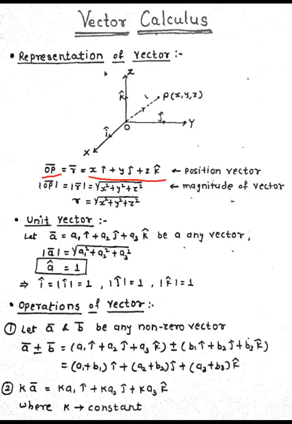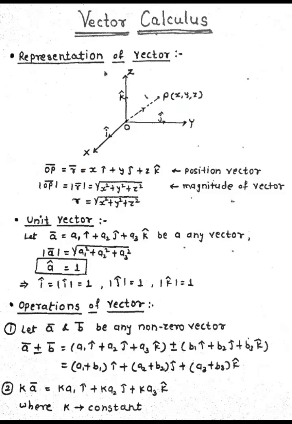So this x is not just directly x, it is a difference between the points. The origin O has the coordinates 0, 0, 0. So here it is x minus 0. If you want to find the OP distance, then we just subtract their coordinates. So x minus 0 is x, and y minus 0 is y, and z minus 0 is z. I'm not writing x minus 0 here just because the coordinates of the origin are always 0, 0, 0.